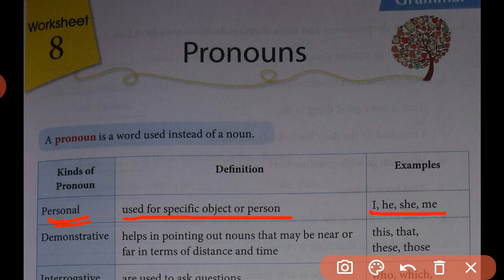Here, all those pronouns are mentioned. First person: I and we, that means singular and plural. Second person: you and you. Third person: he, she, it as singular, and they as plural. With their objective pronouns, for the first person I, the objective pronoun is me. For the first person plural pronoun we, the objective case becomes us,